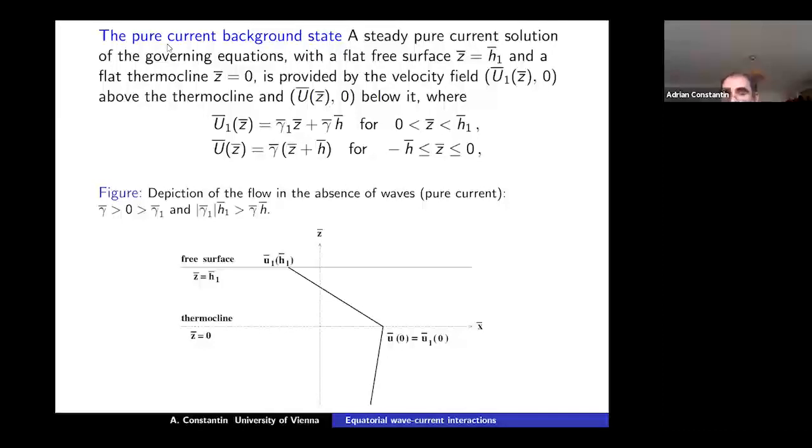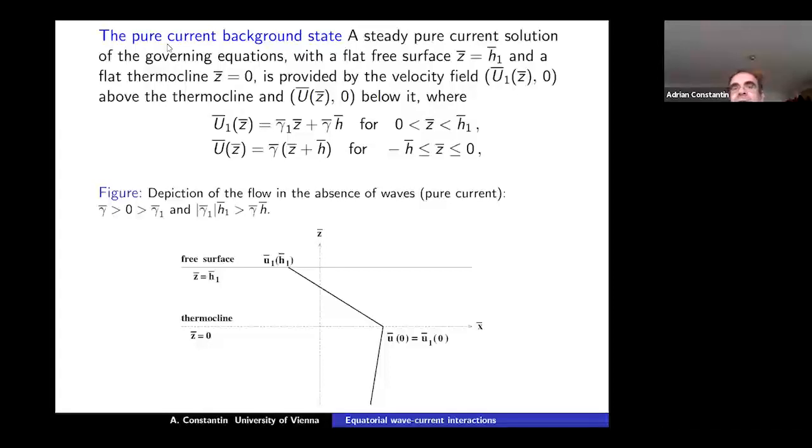And at the thermocline, you have a current that goes the other way. So the simplest way to capture this in a continuous way, with a continuous velocity field, is purely horizontal, so the vertical component is 0, but the horizontal one has to change direction, and it's this one. So it's a piecewise linear thing where gamma and gamma 1 take care of the constant vorticity. The other thing I have to take care of is that at the bed, Z equals minus H, there is no flow, so U is 0. That explains the expression on the bottom for U.